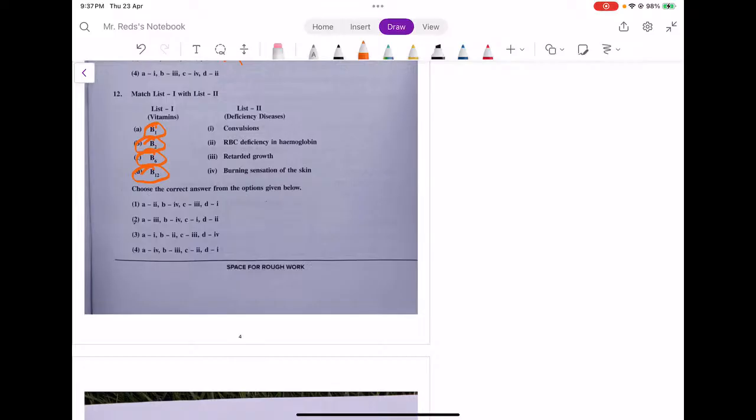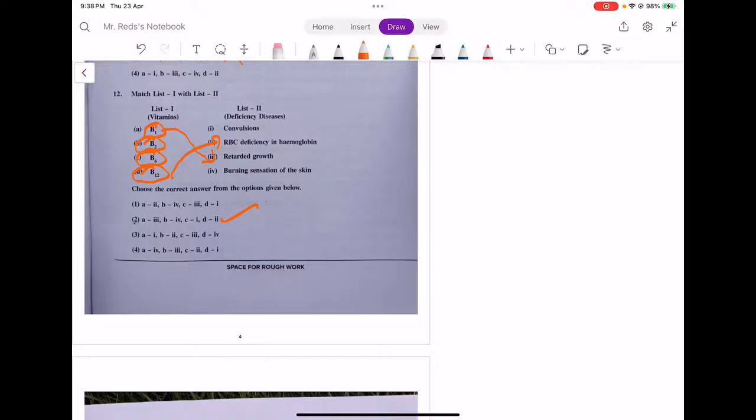give the answer easily. Suppose you take B12, cyanocobalamin. Its deficiency causes low RBC, red blood cells, and deficiency in hemoglobin. So D is 2. In which option is D 2? Yes, the second option, students. Remaining: A is 3. A is B1, with retarded growth,